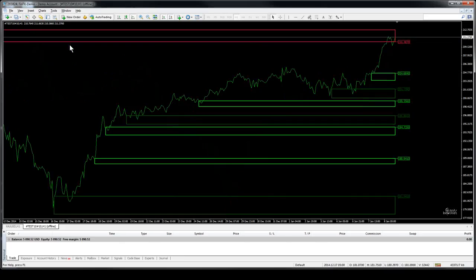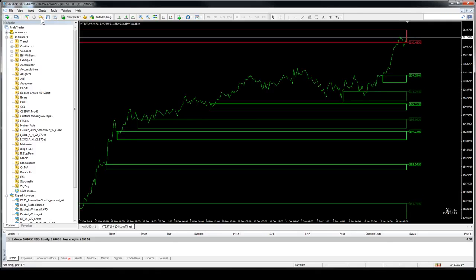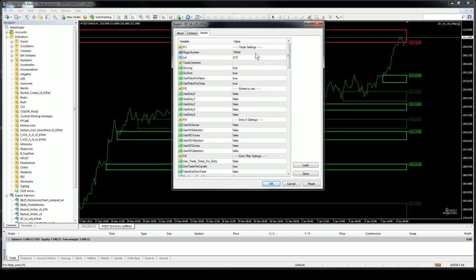So what we can do, like I've done before, throw the BT25 on there. I can leave the magic number the same because I don't have any other ones running. I got to change the lot size for this demo count to 0.1, remember. And the rest we're going to leave alone for right now because I'm not going to set up any kind of